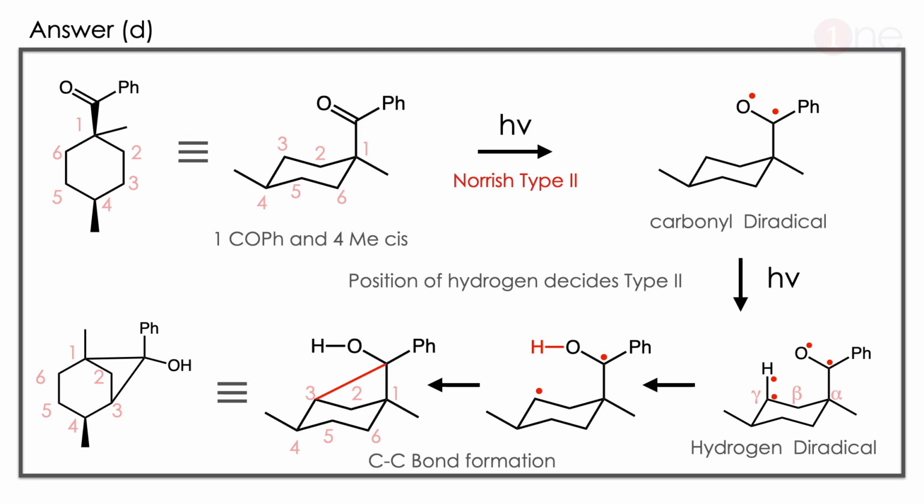So the carbonyl breaks, and the carbon and oxygen form a diradical. Then the diradical abstracts the hydrogen on the gamma carbon, alpha, beta and gamma, which is optimal for the 6-member system. So hydrogen transfer occurs. Again the diradical has to be quenched, so a new bond formation occurs. If we rewrite the compound, we will get the answer D. So it is a kind of bridged carbon, with phenyl and alcohol there. Here you have to understand two things. One is the Norrish type 2 reaction. If there is availability of delta hydrogen, then the diradical is quenched by carbon-carbon bond formation.